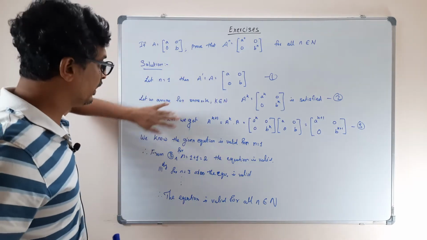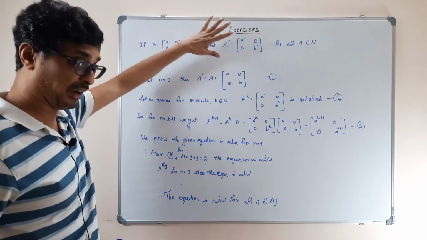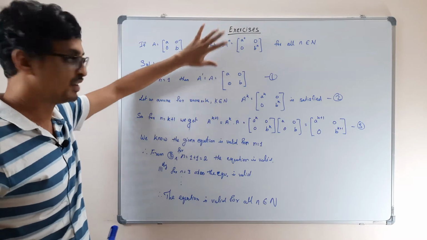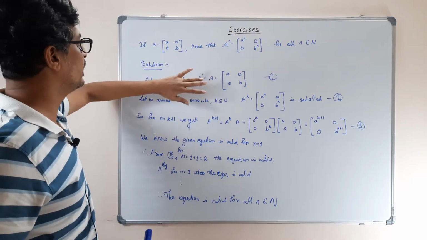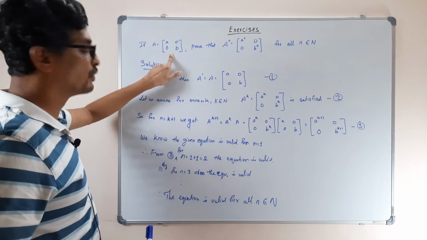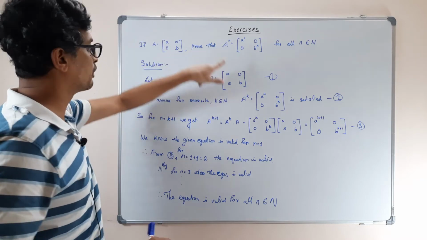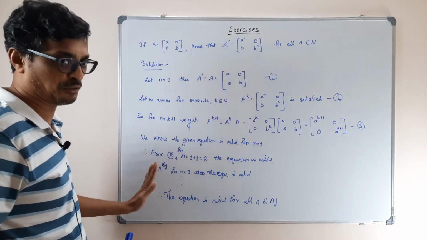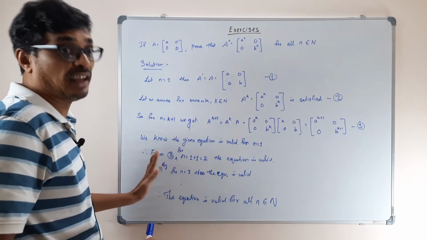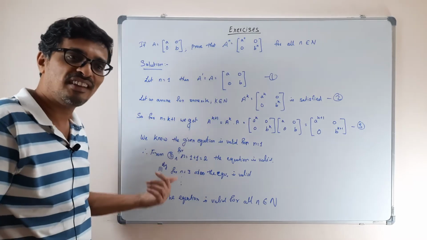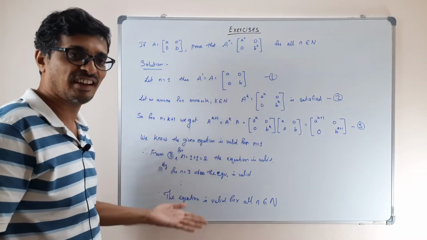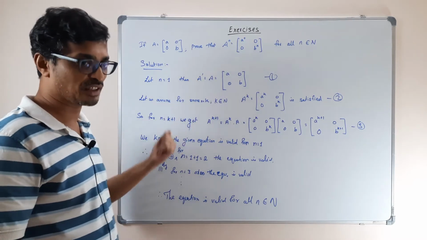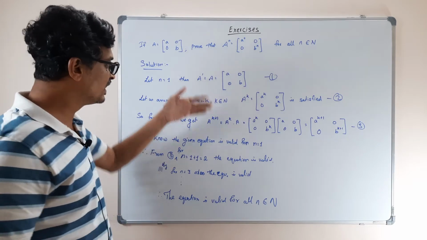You got it? So remember, with this type of matrix problems are usually easy, but sometimes they can ask you problems like this. One very lazy way to show it is to take A equal to this one, then A square is just multiplying twice and showing, then A cube, and so on. That's one way of showing it, but it's not effective. Still I can say maybe for some n it may not be valid, because you have not taken all the n. Now you have to prove it is valid for all n's. So that method is not the right method to prove this. This is the right method.